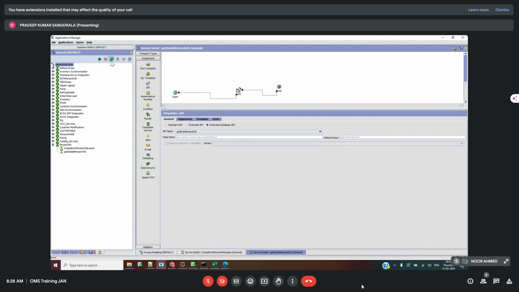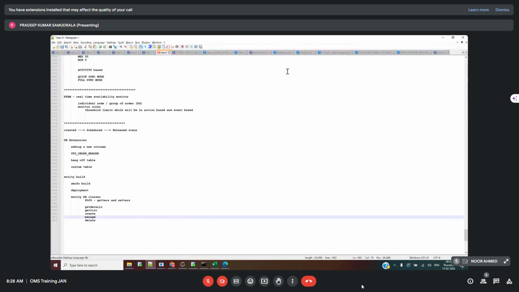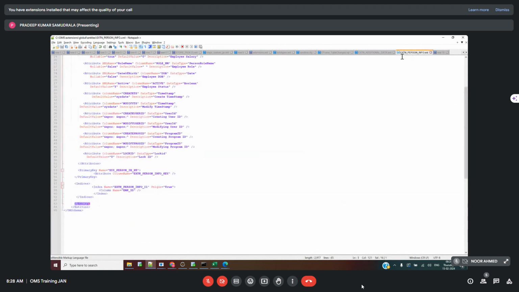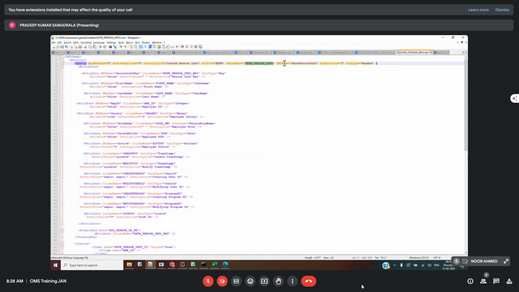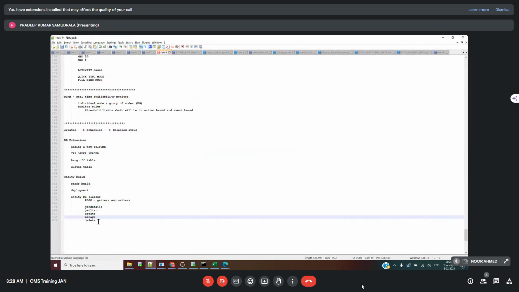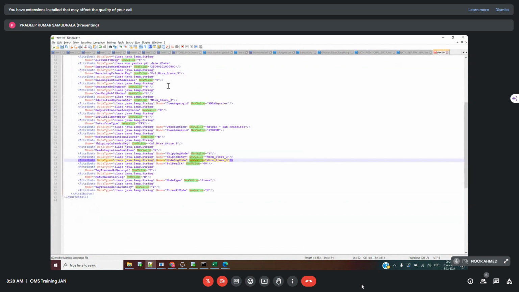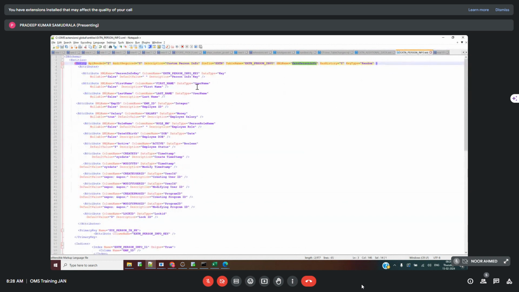I'll just have to refresh. So now what should be the input to this particular API? The input will be something like this. My XML name is this ext and person info. It will be something like this, and as part of that, what will be my column names? Person info key will be generated automatically because you have given data type as key. So my first column name is first name,